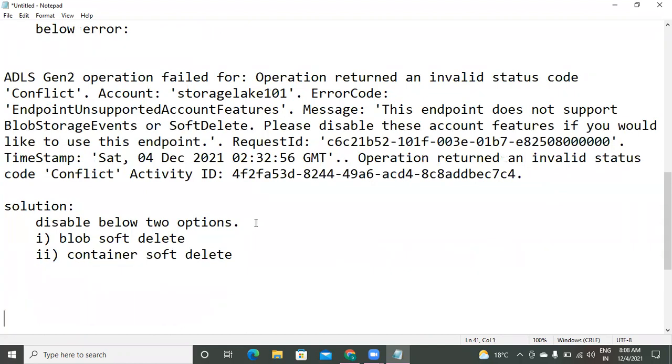Disable these two options for your storage account. By default, these two options will be enabled.